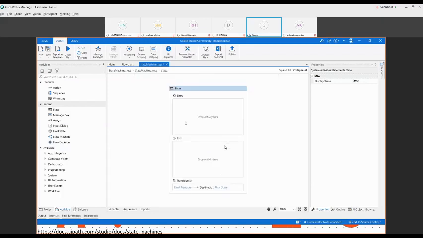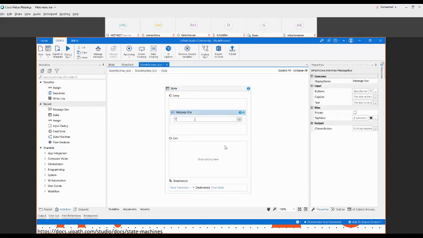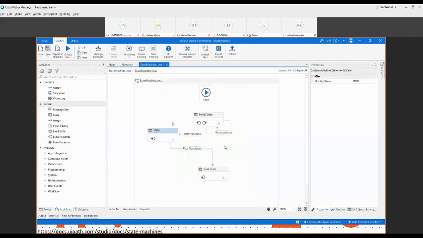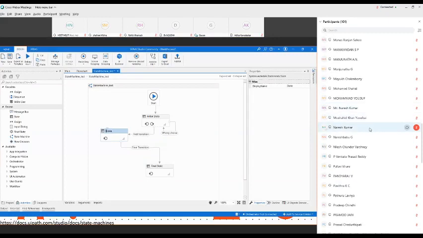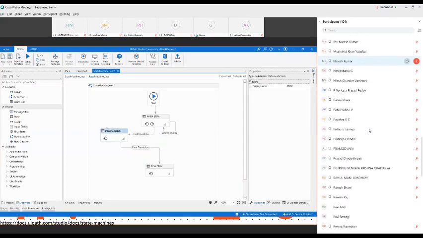If we mention anything, like a simple message box, I can change the name. I can change the name also, so there is no confusion.